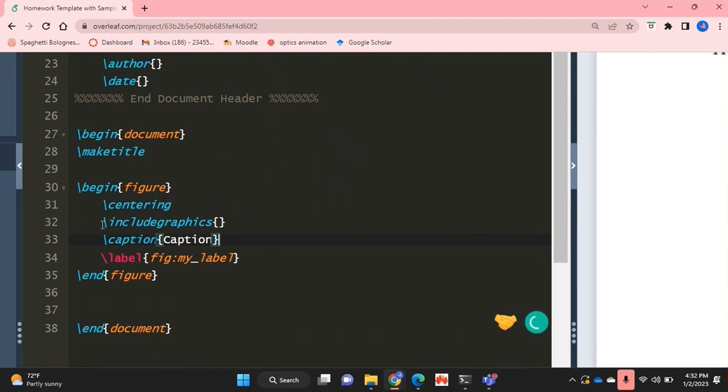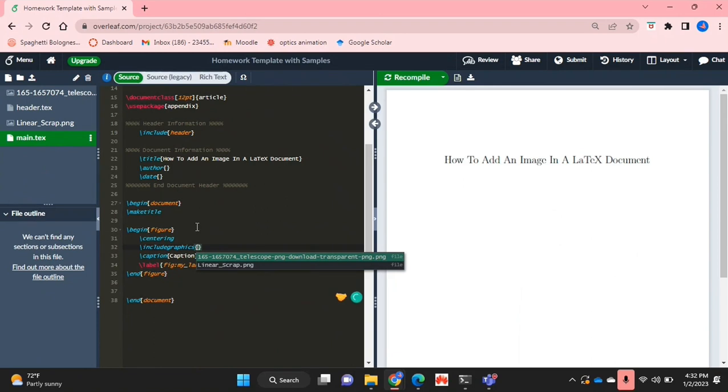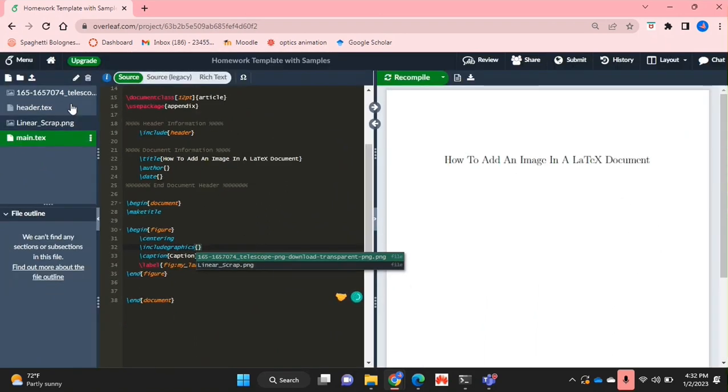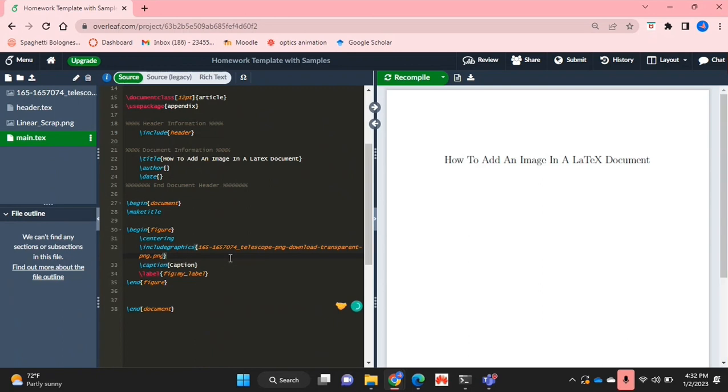So yeah, now this is where we'll actually add the figure. It's in the includegraphics section. As you can see, once I go inside it, Overleaf will immediately allow me to choose between any images that are inside here. So this is the image I want to use. So I'm just going to click on that. And that's basically it. Now let me just change up my caption quickly. And now if I compile that,